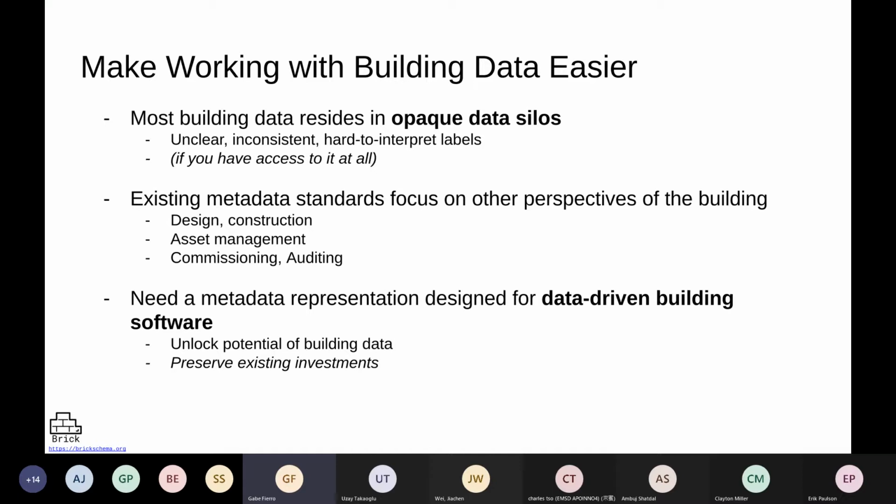These haven't necessarily been designed for the kind of data-driven analysis and data-driven applications that we want to be able to author. So the goal, and what a lot of the tooling we're working on nowadays is about, is how we foster the representation of a Brick model of that building while preserving the value of those existing investments. We're not trying to replace the technologies that people have already invested time, money, and expertise in, but we're trying to leverage those representations to unlock the potential of the building data.